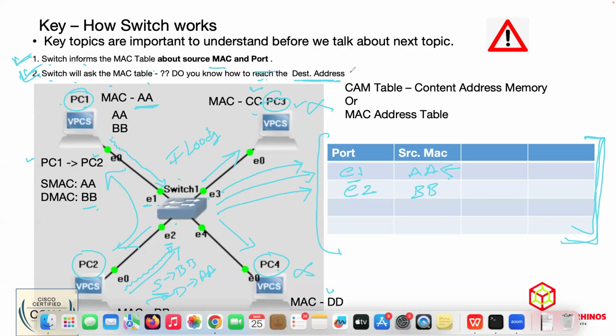That's why initially it was broadcast, because I don't know who is A. The reply was unicast, because now A knows who is calling. That's why initially it was flooding, and later the reply was unicast. And that's how the switch MAC address table is getting built up. Clear how it works?